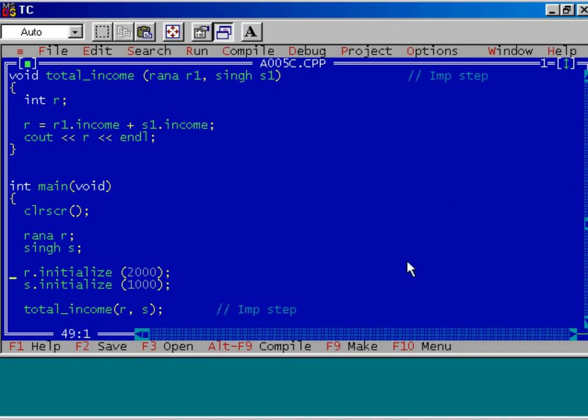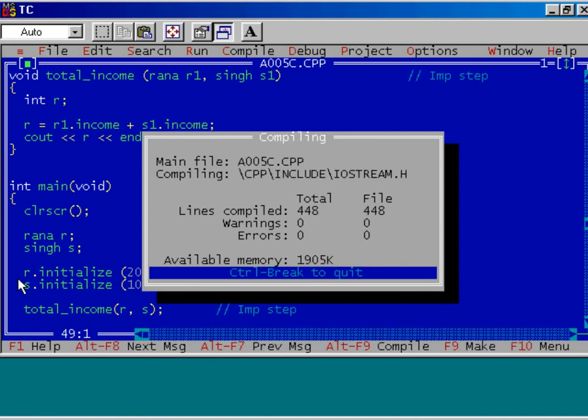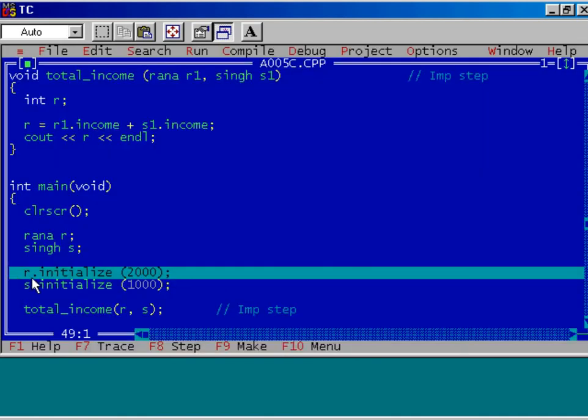Well, let us execute the program up to this step. Press F4 key. I have created an object R using the class Rana, and S is the object using the class Singh. After that, I have called the function initialize to initialize the income data member of the object R. What is the value? 2000.